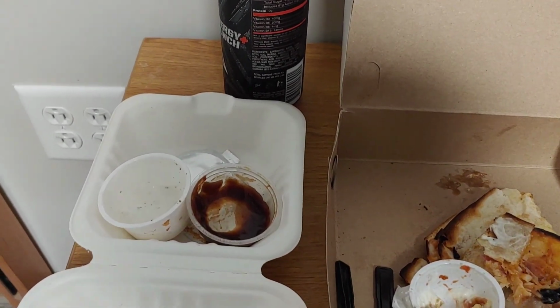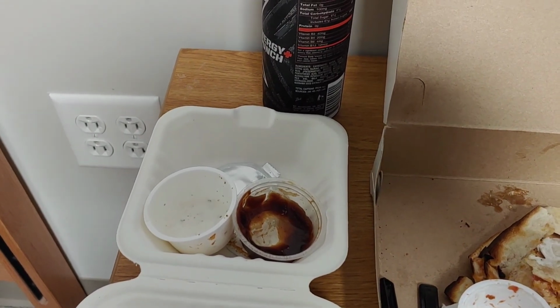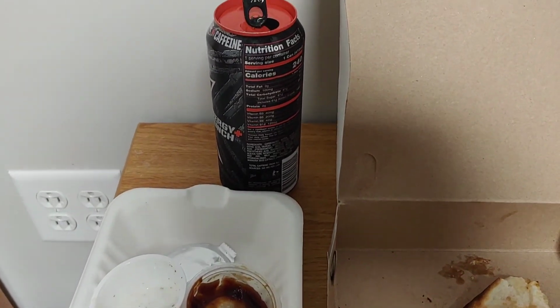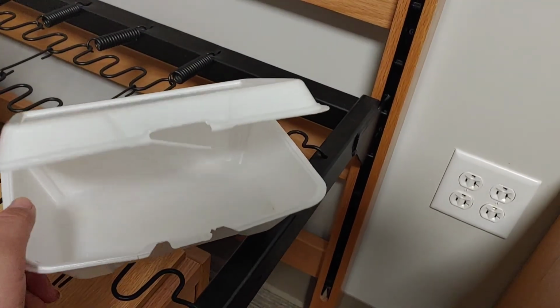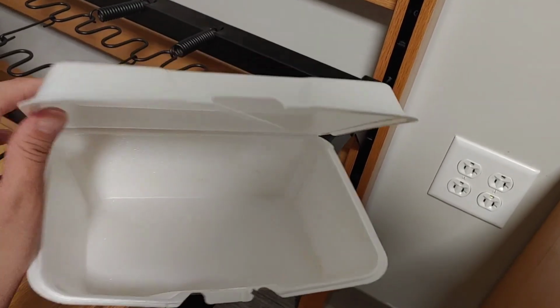On GameHack, I have almost enough soul gems to get Tropico 6. And I'm pretty sure this styrofoam container had food in it because it was initially dirtier than